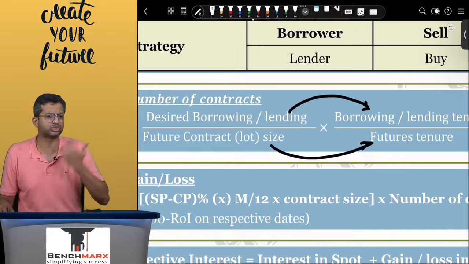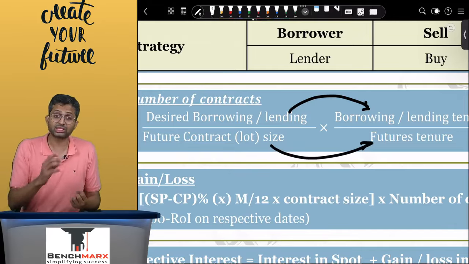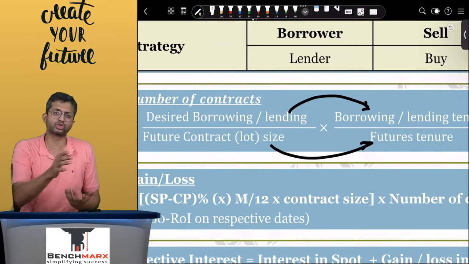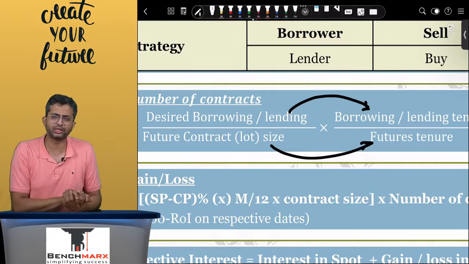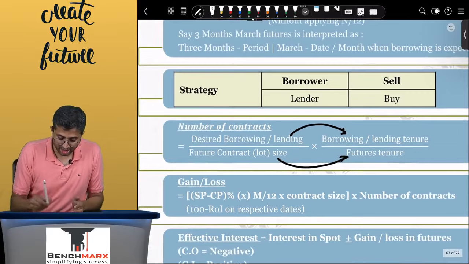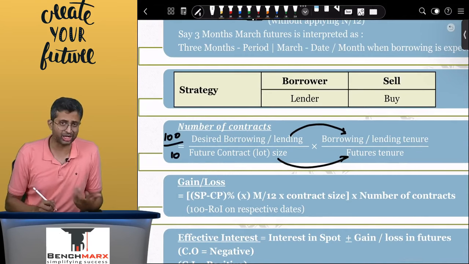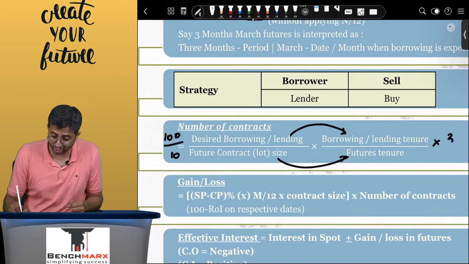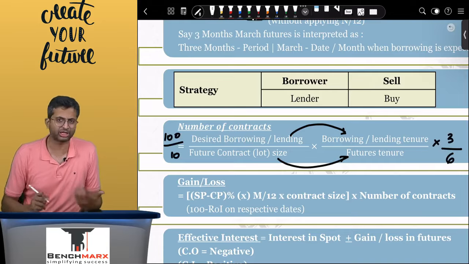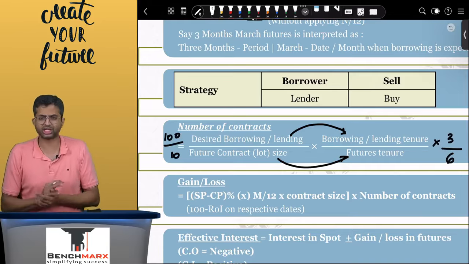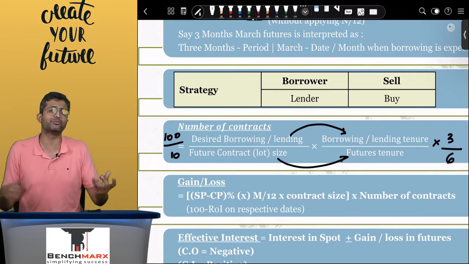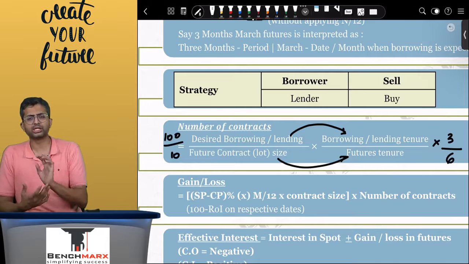Let us say 6 months. Futures is only giving you 6 months, in which case the rate of interest in the futures will be for 6 months. You need only for 3 months. So over here it will be like $100 million upon $10 million. So ideally 10 contracts. However, the borrowing tenure is 3 months, but the futures contract tenure is 6 months. So let us say this can get adjusted, and you might actually need only 5 contracts to hedge, because 10